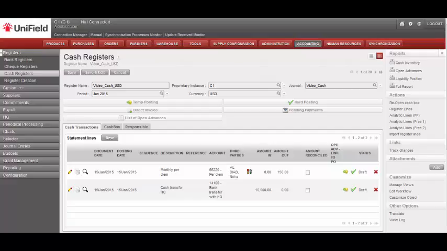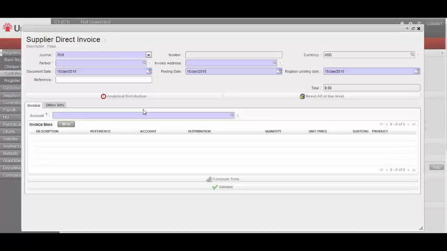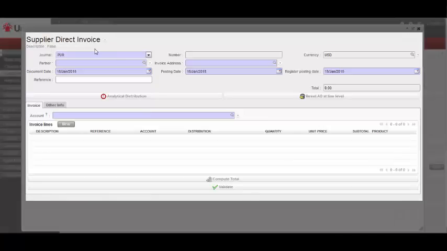Alright. So we're here in the example of a cash register, so we will select the button Direct Invoice, and on the Supply Direct Invoice view we can see that the journal was already set to the Purchase journal by default. The currency is the register currency, which is the USD currency. We then select a partner,